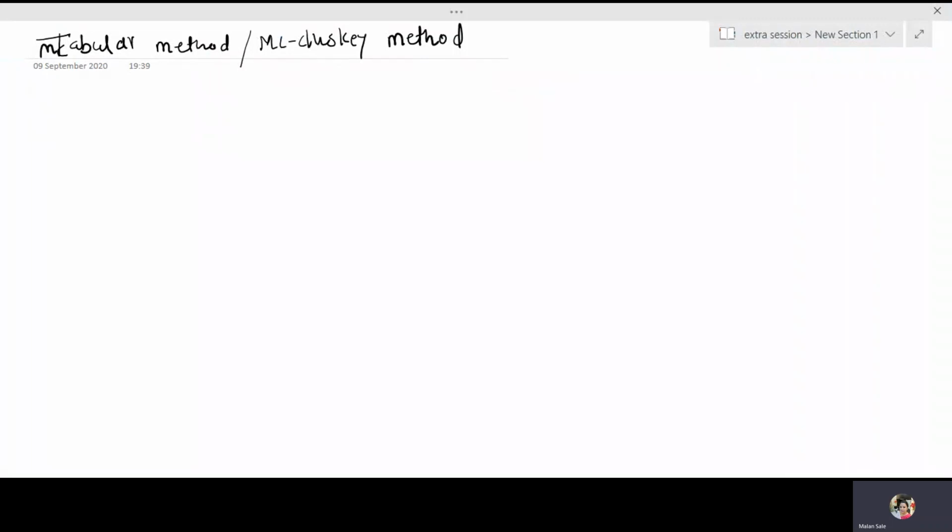Hello everyone. In the last lecture we discussed how to simplify a Boolean expression using the Quine-McCluskey or tabular method. Now today we'll see one more example. The question asks: simplify the following expression using the Quine-McCluskey method. The minterms given here are summation of m